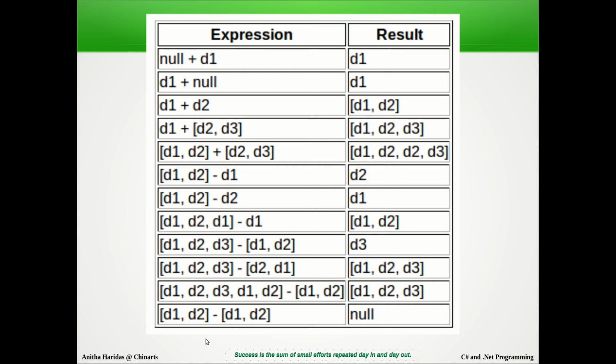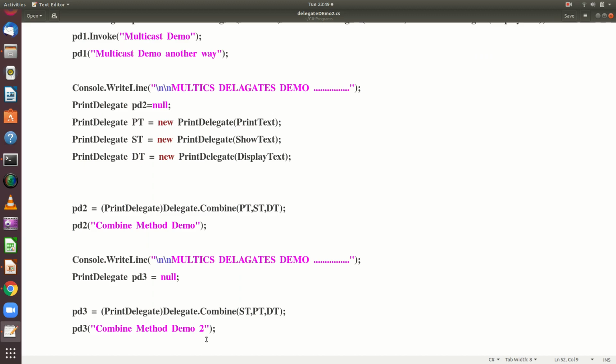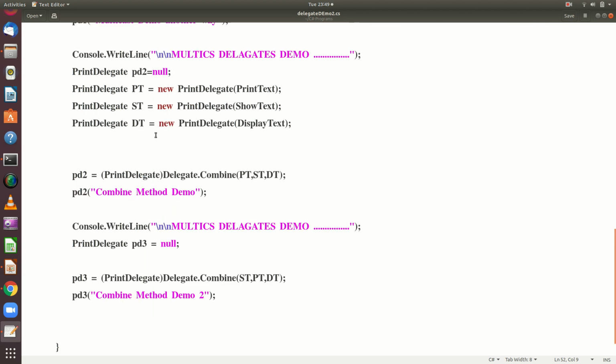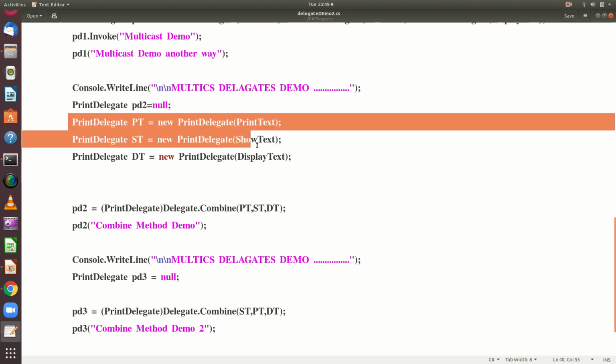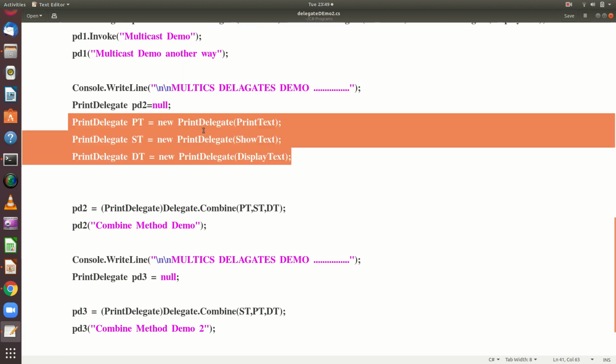Let us see the example. Let us go back to the example. So this is the example we were talking about. You can see here I am creating a null reference first. Then I create three simple delegates.